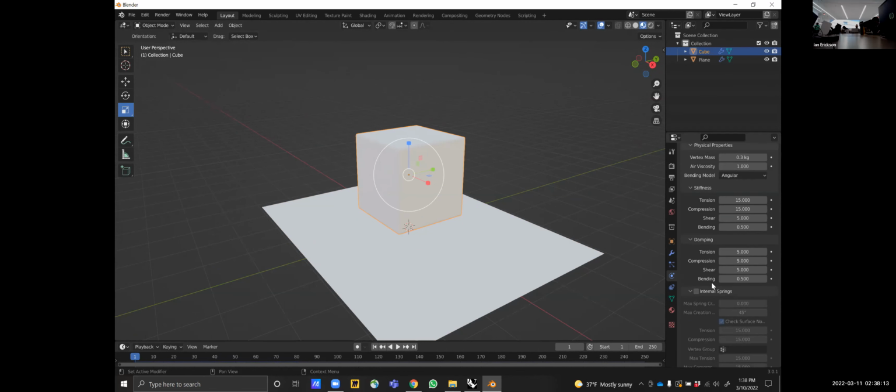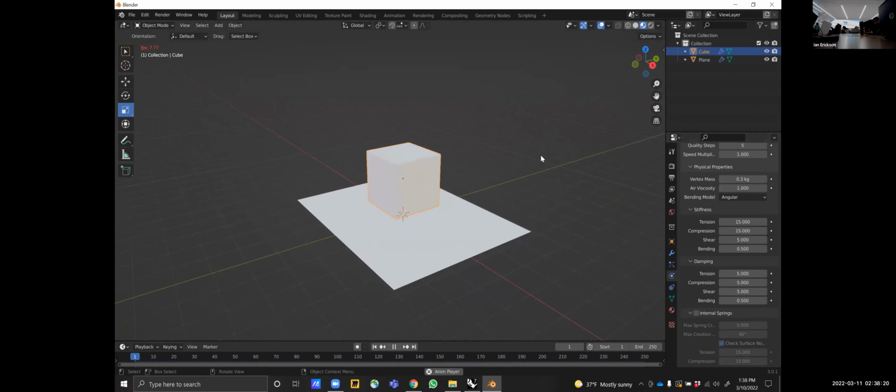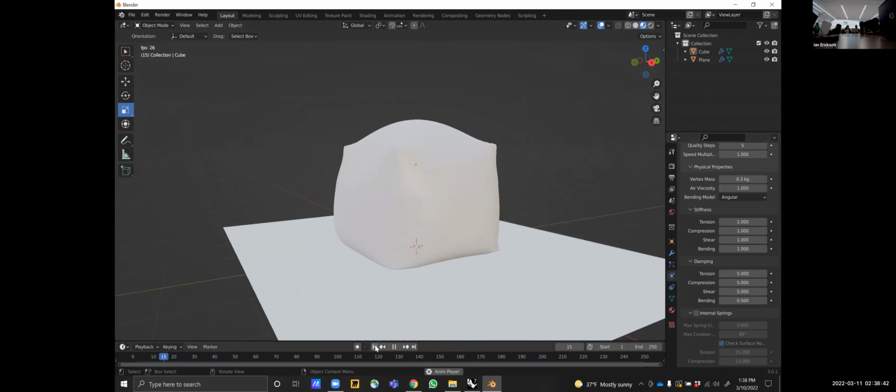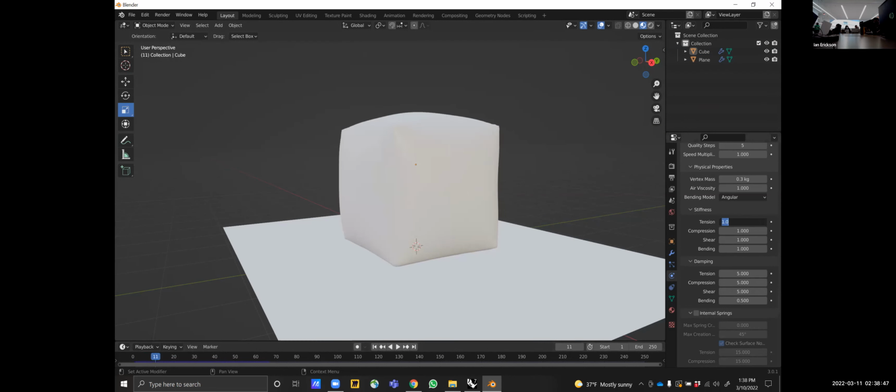And similarly, you can change the object's stiffness and dampening qualities. If it's too floppy or not floppy enough, let's make it really not stiff. It's really not stiff. That's lovely. Whereas if we change these values to